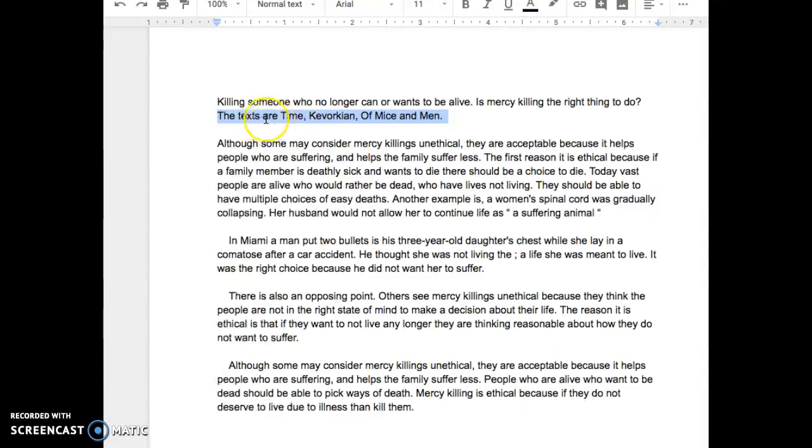And you don't really need to mention the articles just like this. I know some people will say the texts that will be referenced are this, this, and this, but the text you're referencing is not time. There's an article named "To It." It's not Kevorkian because there's more to the title. And then "A Vice Man" is the only one that's correct, but it's also not italicized, so there are some grammar